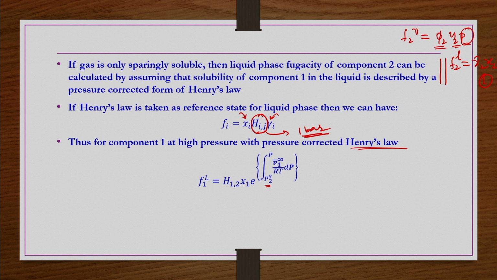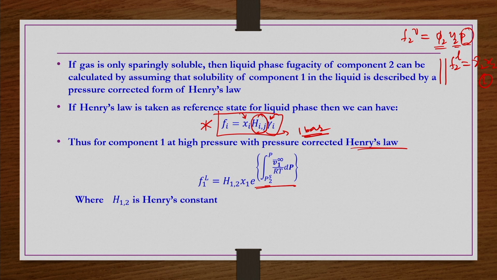This is what you can have, right. So, this is the generalized one. If you take Henry's law as a kind of reference state, we are going to come back to this in the subsequent lecture. At 1 bar pressure, if you have Henry's law as a reference state, then this is what we have. But if the pressure is 40 bar, 50 bar or 1000 bar, there should be a correction in the Henry's law constant because of the increased pressure. That correction is given by this one.